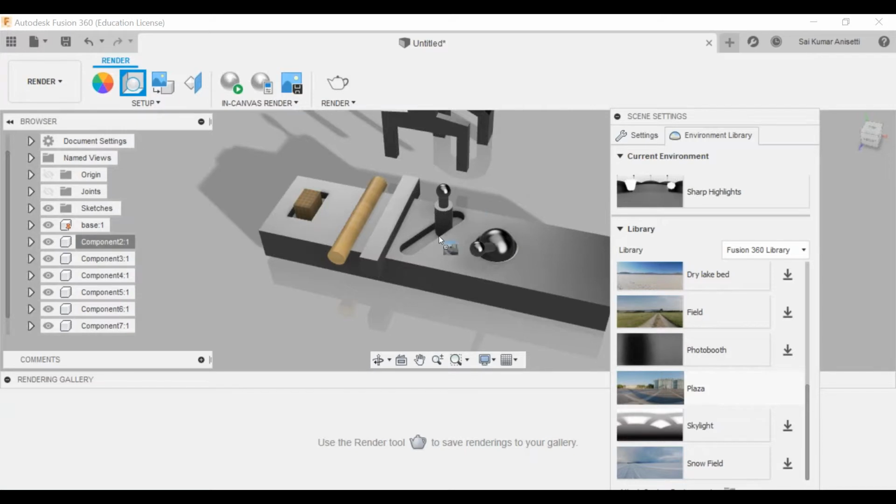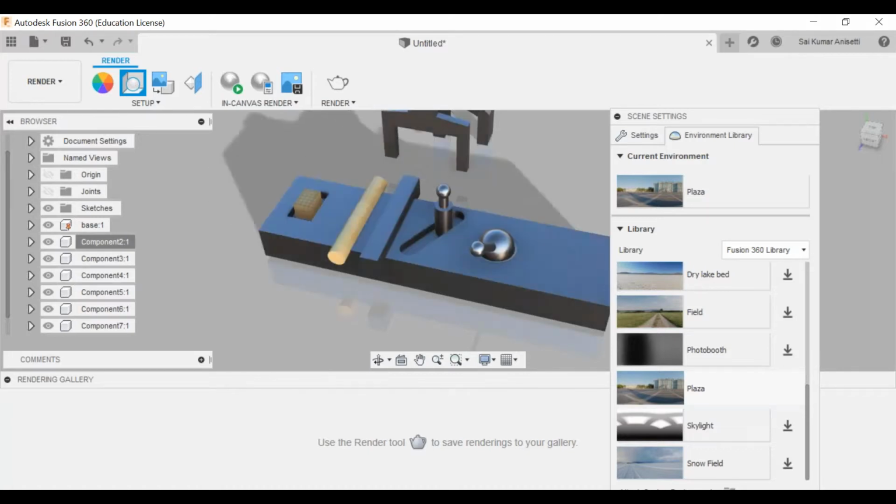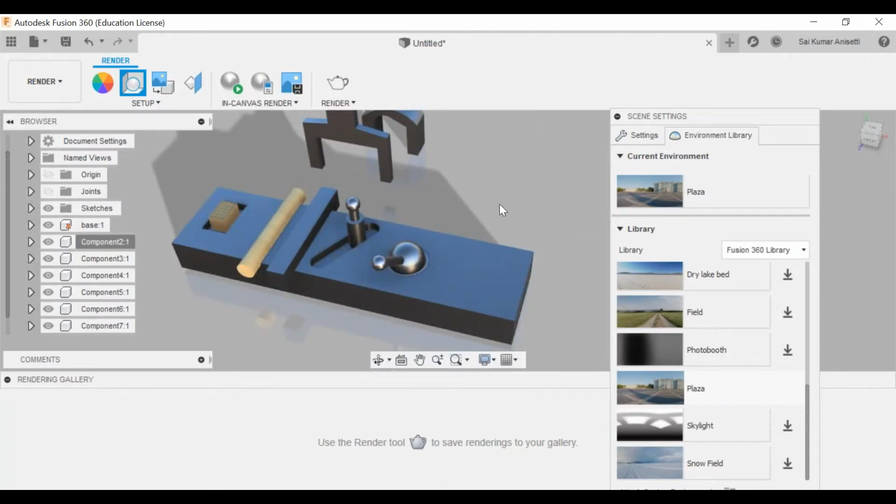Drag and drop it onto your environment. Now that becomes your background. So leave it as it is. That is why I did not explain all these things in my system, because you need to have good internet speed, so it takes a lot of time. Animation, rendering, simulation, all these things take a lot of time. This becomes your environment library.